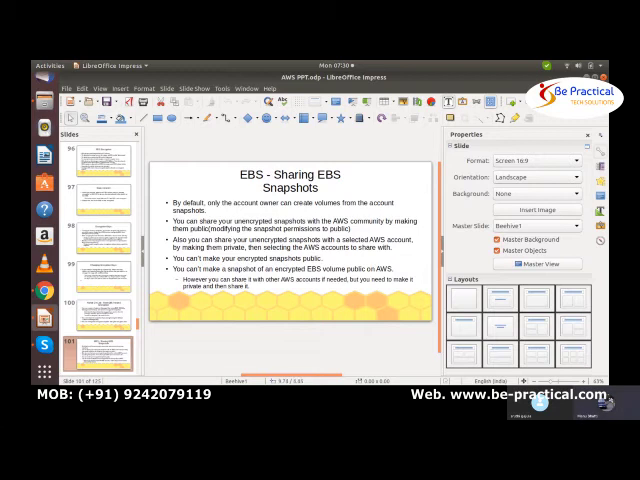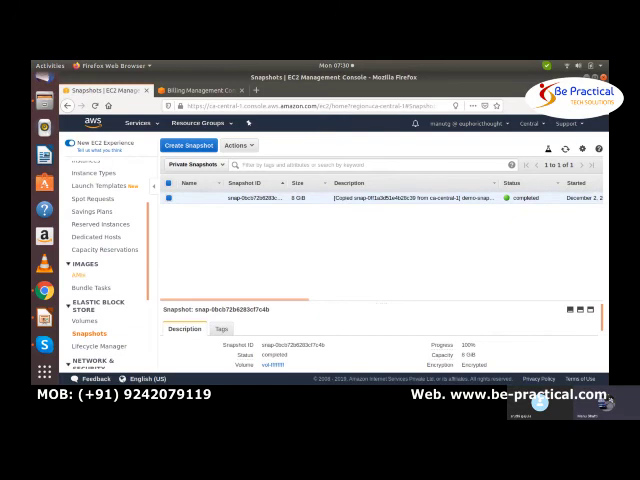By default, only the account owner can create volumes from the account snapshots. Okay. So you can share your encrypted snapshots with the AWS community by making them public also. So while copying, in the permissions, if you go to the permissions, if you go to the